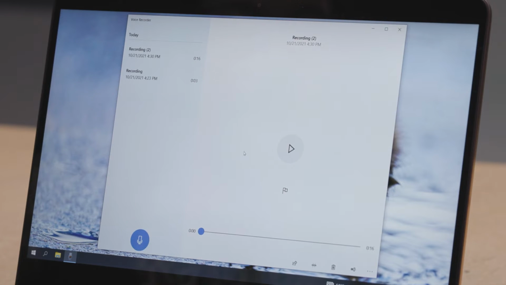Back in the main window, you'll see a list of recorded clips. You can also select files for playback, trimming, and renaming. All the files you record in Voice Recorder are immediately accessible as M4A files, which most modern devices can play through their default apps if you want to share them as is.